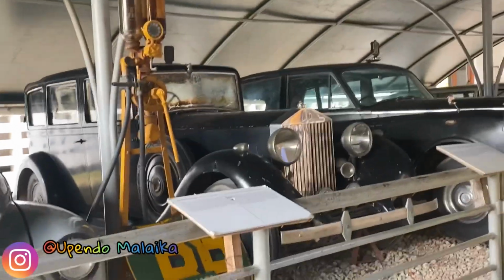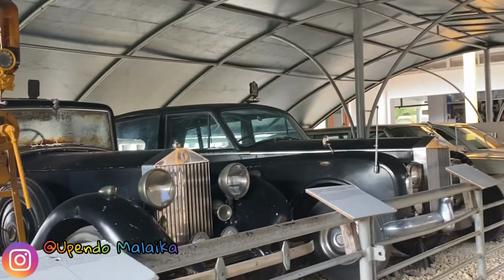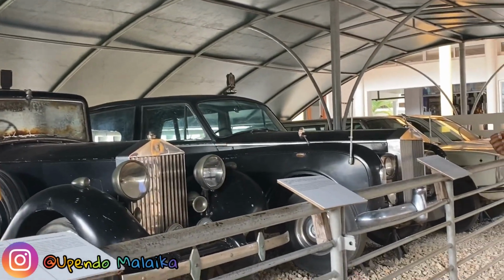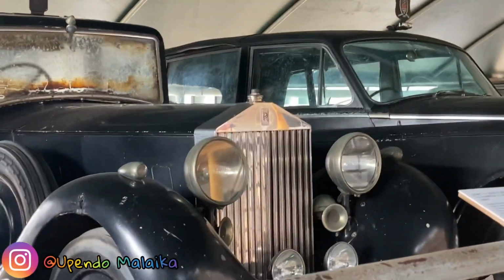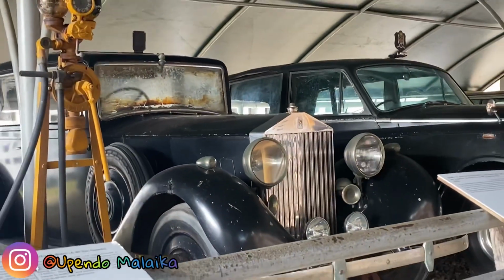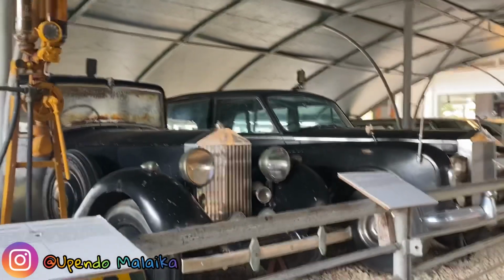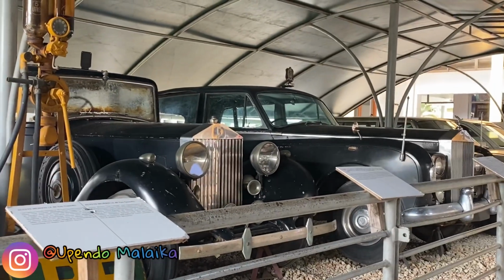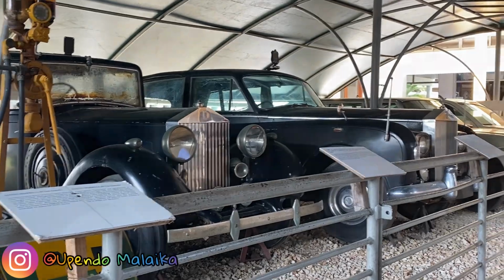And that car is a Rolls Royce that was manufactured in England and used by the town leaders. Actually, it was used before independence. So British leaders were using that car for their activities. After independence, that car was taken by the government of Tanganyika and used by the first president of this country, Mwalimu Julius Kambarage Nyerere. So now,